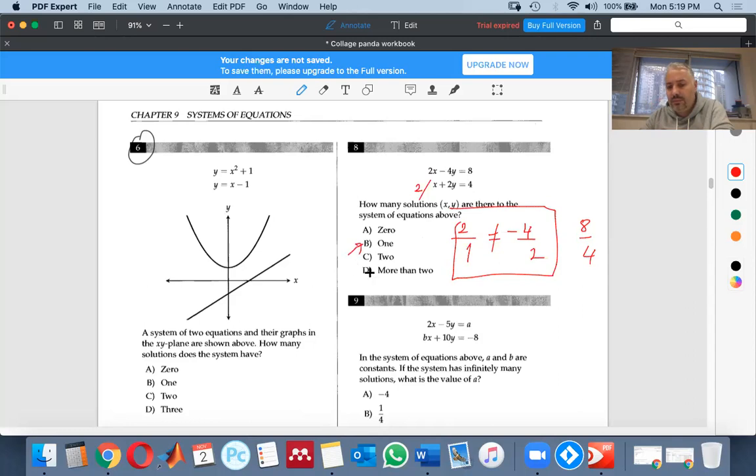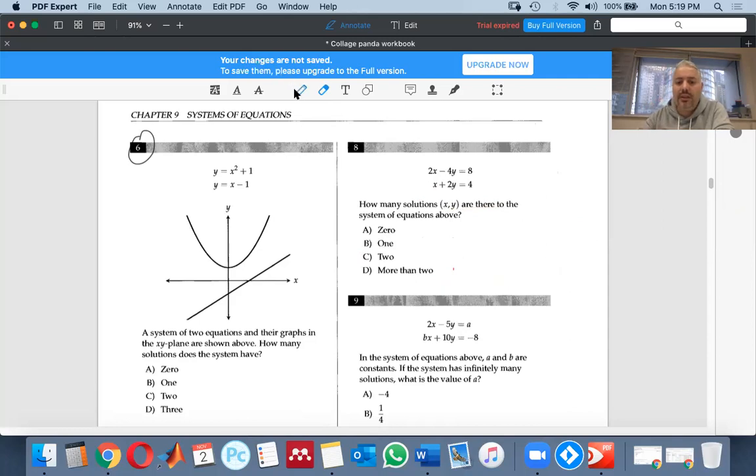So why is it different? How do we have one solution? Okay, one more time. Let us go simply. 2x minus 4y is equal to 8. Can you tell me what y is here? Negative 4y equals 8 minus 2x. So y is equal to 8 over negative 4, which is negative 2, and negative and negative will be positive, 2 and 4, x over 2, which means y is 1 over 2x